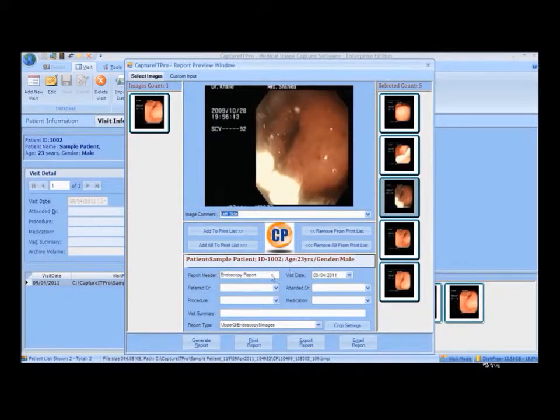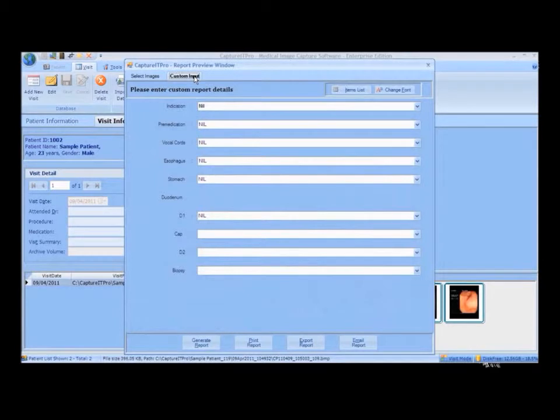Enter the other details to be mentioned on the report. Report type can also be selected. To add report details, click Custom Input. The data can be entered from the combo box or by selecting from the item list.